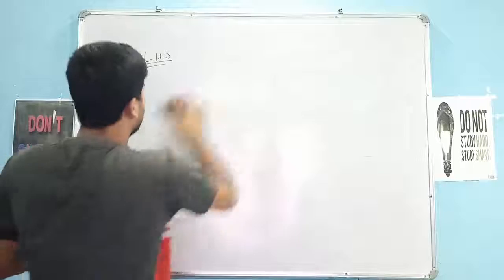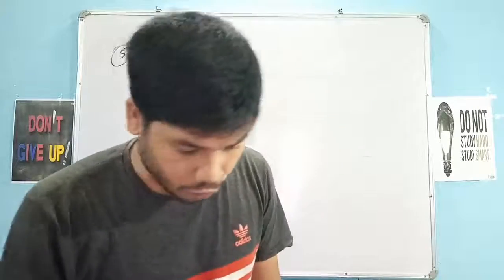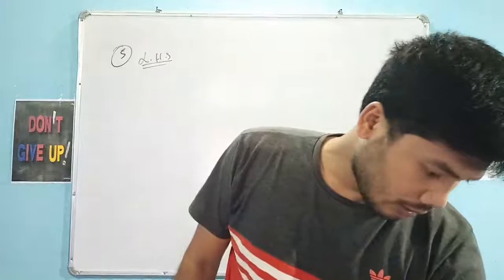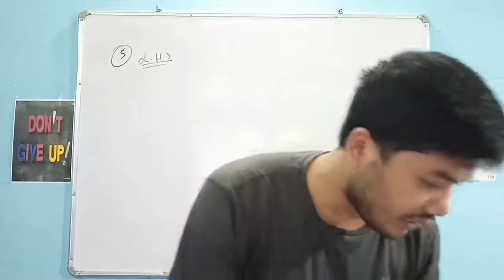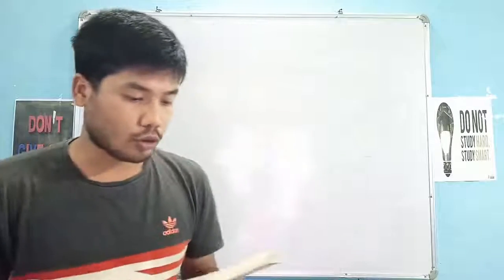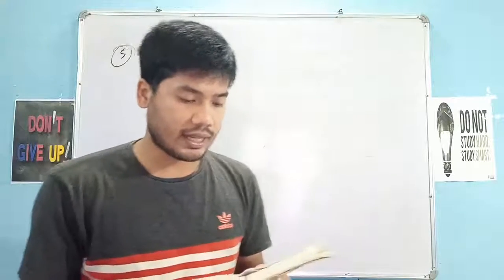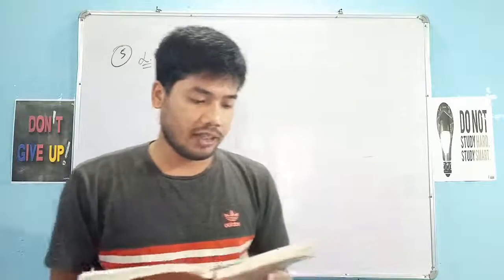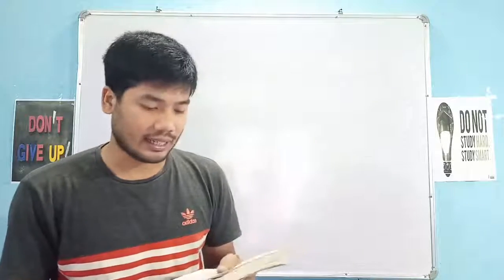Wait a minute. Okay, question number 3. What is question number 3? Well, the left hand side of question number 3 is tan theta by 1 minus cot theta plus cot theta by 1 minus tan theta is equal to 1 plus sec theta into cosec theta. Well, we have a hint here: write the expression in terms of sin A and cos A. Sorry, sin theta and cos theta.